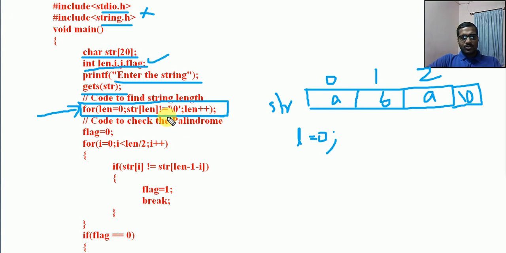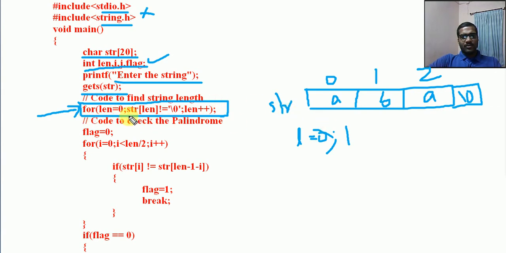It will enter into the body, but there is no body actually. This for loop does not consist of a body. It will just check the condition. As there is no body, it will just increment length by 1. It will become 1. Then go for the next iteration. Now length is 1.